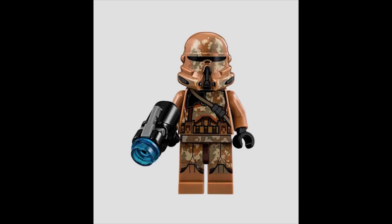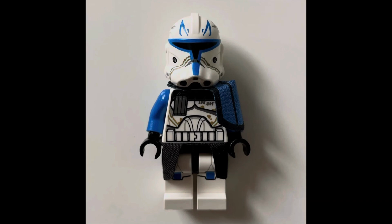Geonosis Airborne at 21, again, just because not canon or Legends, not seen in any media, so I didn't know where to put him, so that's where they ended up. Number 20 is going to shock some people. Captain Rex Phase 2. I know, some people are going to shoot me in the comments for that, but I know, again, they would have had to do some things different,